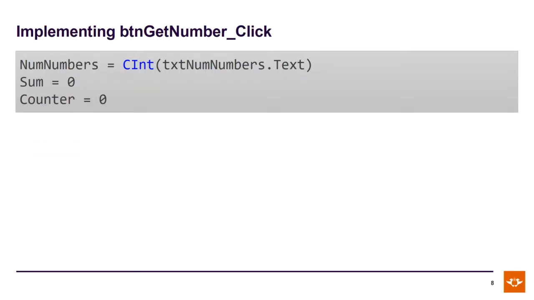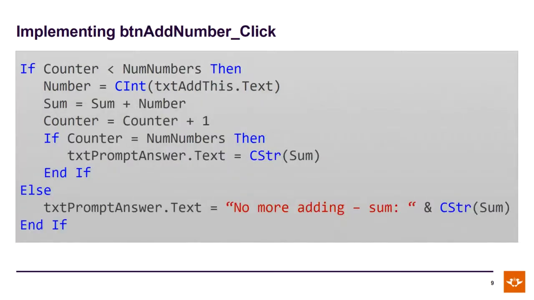Another approach is we could use an additional variable called counter. What counter does is it keeps track of how many numbers you've added so far. Okay, does this make sense? So you start the counter at 0 to indicate, I'm interested in adding 3 numbers. Sum will be initialized to 0. Counter is initialized to 0 because at this point, how many numbers have you added? 0. Okay, and then if you look at the code here, you'll see if counter is less than numbers, it means you haven't added the sufficient number of numbers because counter keeps track.